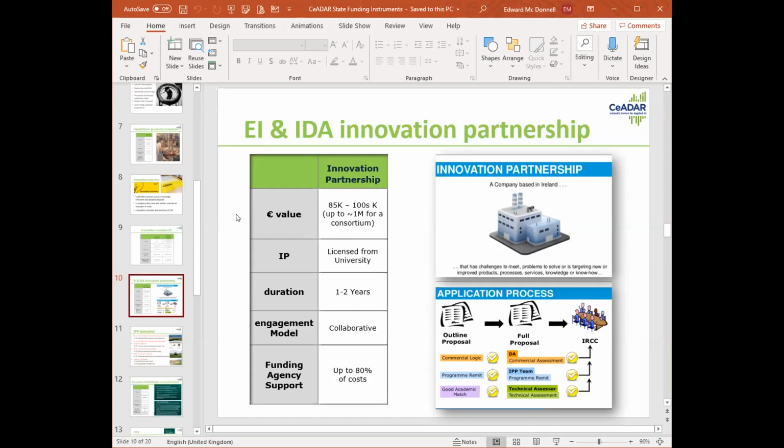It's then approved, hopefully, and then the next stage is that the outline proposal is expanded into what's called a full proposal. So the development advisor, in the case of Enterprise Ireland, or the client manager, if it's an IDA company, does a commercial assessment. The IPP team then looks after the bureaucratic side of that. There's also a technical assessor will come out from EI IDA, not only to talk to us, but also to talk to the company. And usually those interviews last maybe an hour and a half,